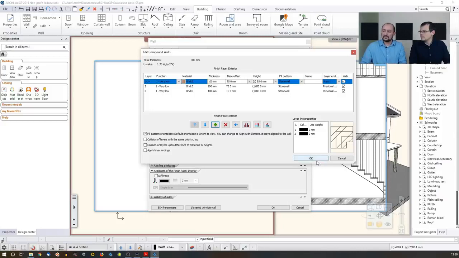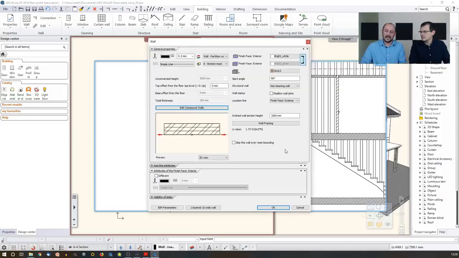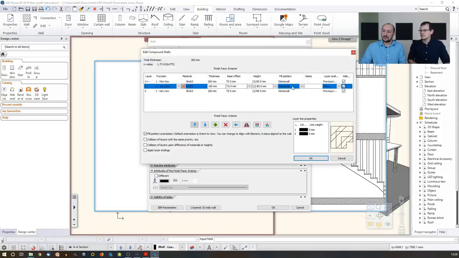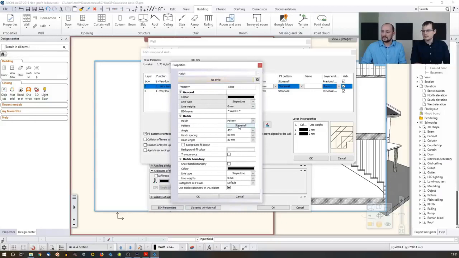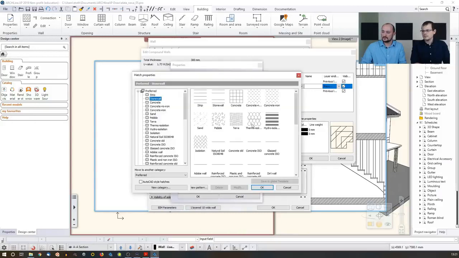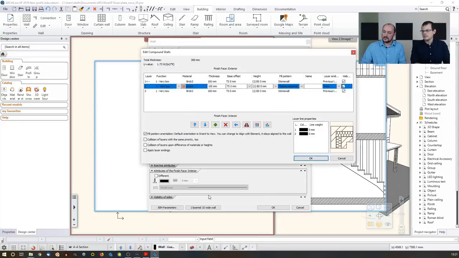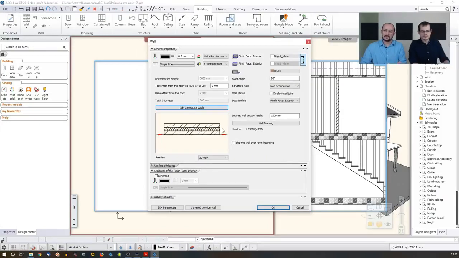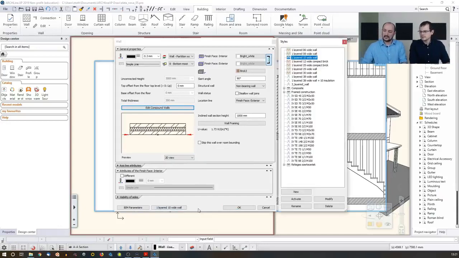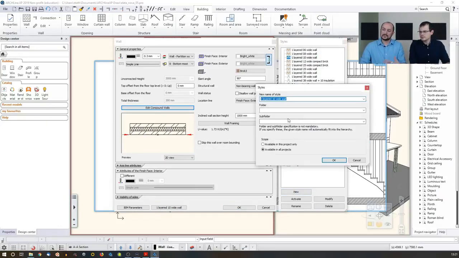And at the end, if you created something that was not part of the software library originally, but you wanted to save it into your libraries, let me just quickly change the hatch pattern inside that so we can see how it works. Let's go with this one. OK and OK. So now I have a structure like this. So if I would like to store this for my future work, I can click here and I can create a new wall. Let's call it 3-layered 30 wide wall. Yes. Let's make it 300 in millimeters,